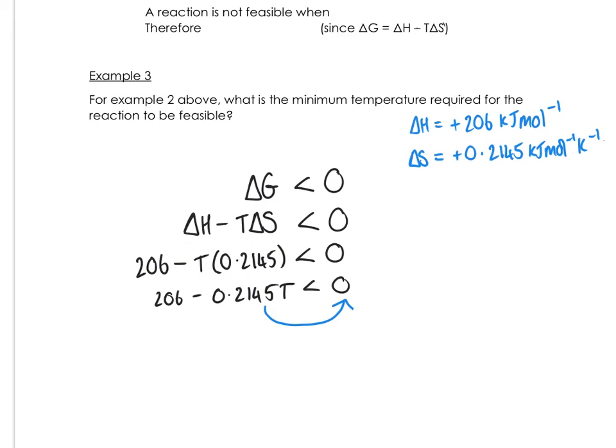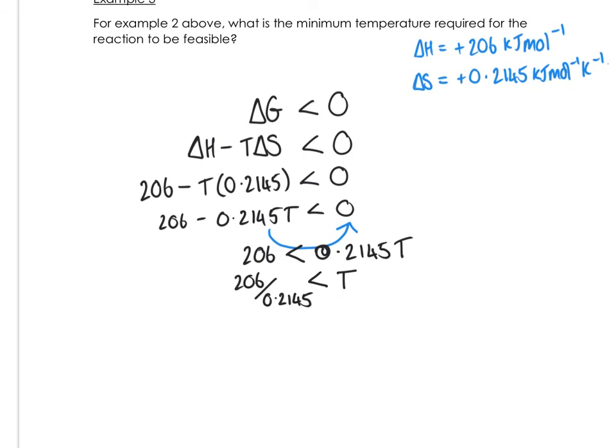I'll show you. So when I bring that to the other side, it becomes 206. I keep the less than symbol in the same direction, 206 is less than 0.2145 T. Then to work out what 1 T is, I have to do T, and again keeping the less than symbol the same way around, it's going to be 206 divided by 0.2145, therefore T is greater than